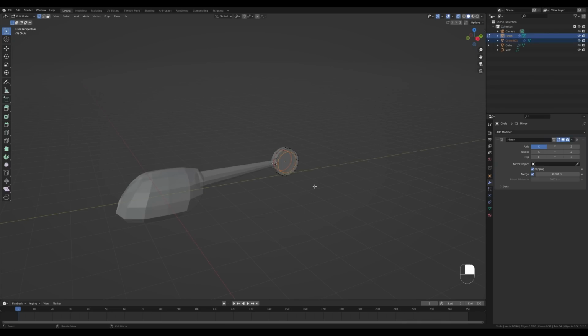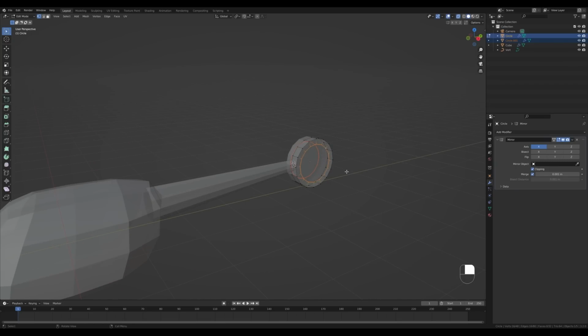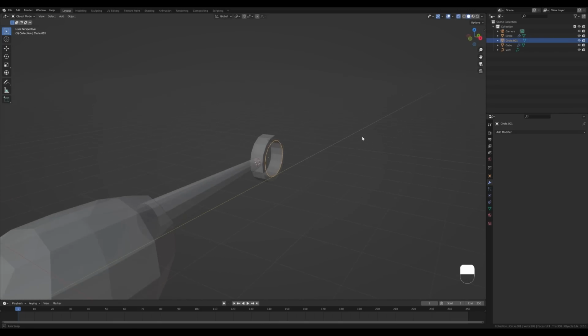Now Alt click this loop once again. There's a hole there now, so we can press E then X and extrude this inside just like that. Now press A to select everything and Shift N to recalculate normals just in case. Now tab out and we have this separated piece right here, and we can disable the mirror modifier there, we won't need that.